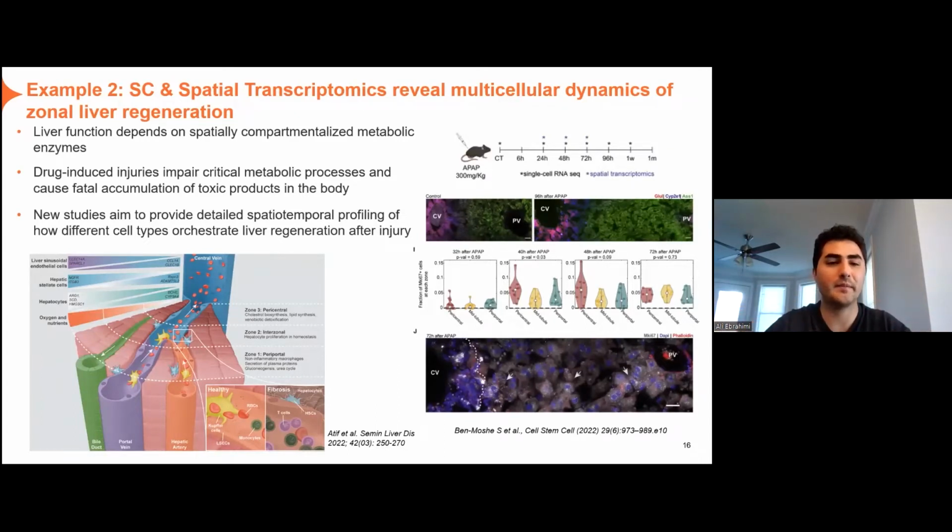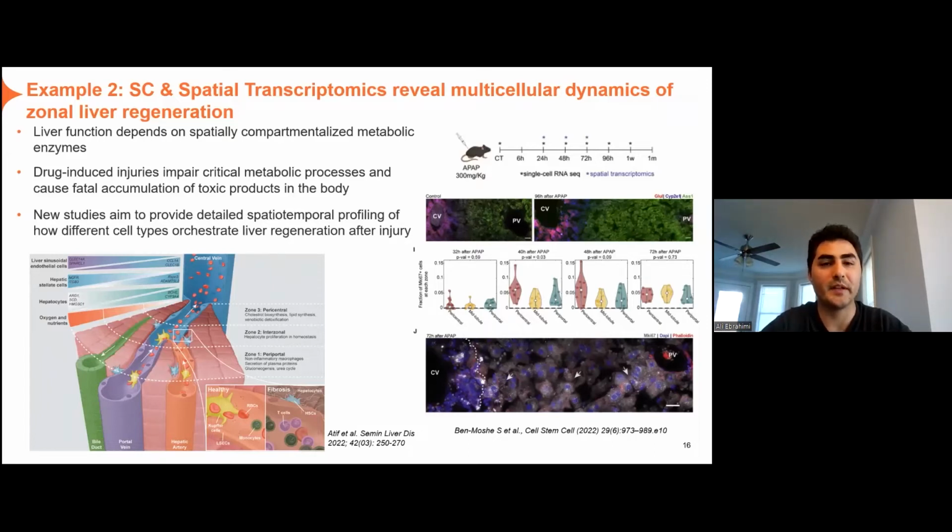If you look at how cell types are distributed in the liver, there is a strong spatial pattern and zonation in the cell type distribution, and also strong global gradients for oxygen and nutrients, in terms of how metabolites are distributed within the liver, which most likely create these special patterns